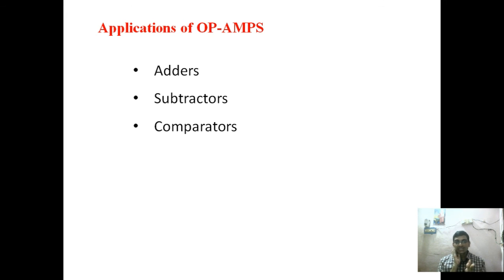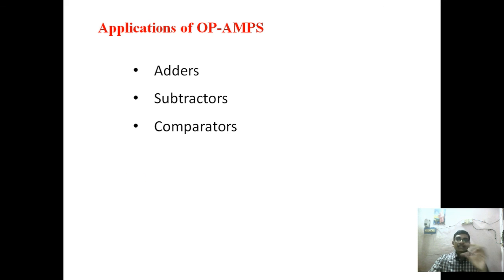The main application of this operational amplifier is a comparator. The comparator compares the input voltages. As the op amp has two input terminals, we can give one input terminal the reference voltage and the other input terminal the voltage to be compared. Then the unknown voltage will be compared with the known reference voltage. So one input is given the reference voltage and the other input of our op amp is given the unknown voltage.